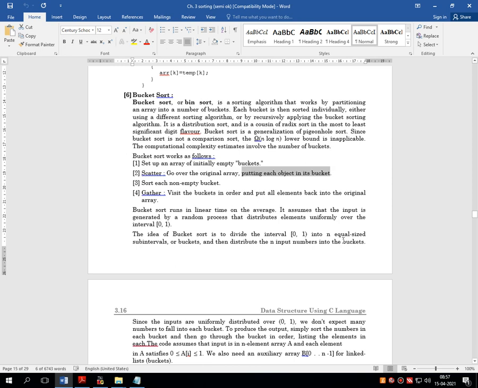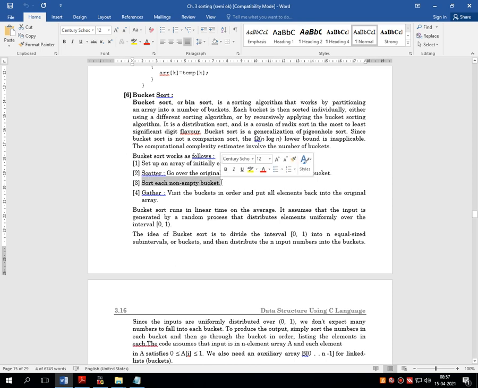So what is step number 2? Step number 1 is to create an array of empty buckets. Step number 2, go into the original array which holds the numbers, take a number from that array and put it into the particular bucket created in step number 1. Step number 3 is sort each non-empty bucket.